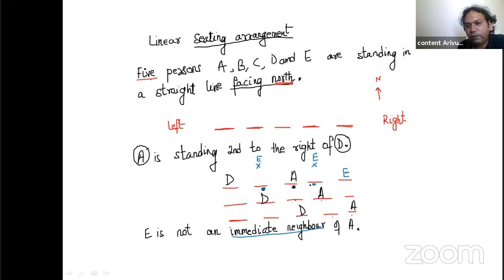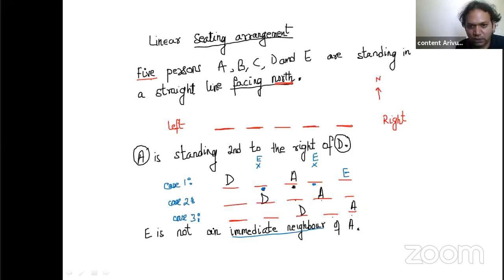Okay, so this is what it means: in the first case, this is case 1, this is case 2, and this is case 3. I'm just showing you how questions are created. Questions are created so that there are multiple possibilities that students can gradually solve as they take on one statement after the other, so that finally they will come to one ultimate solution that gives them the answer.